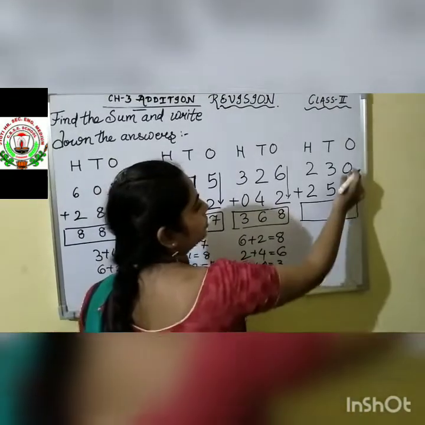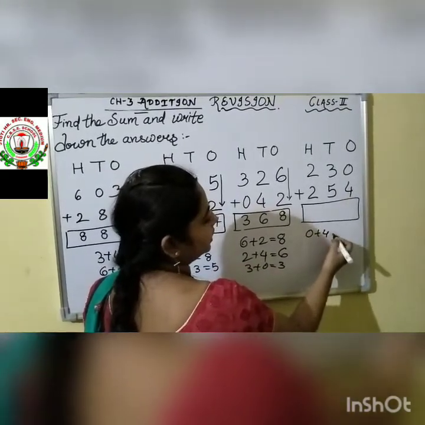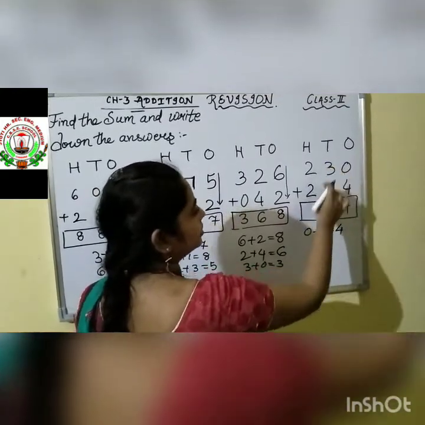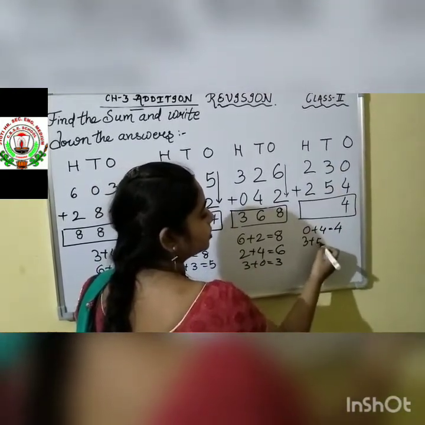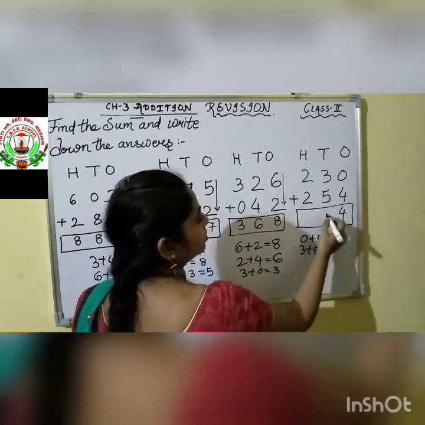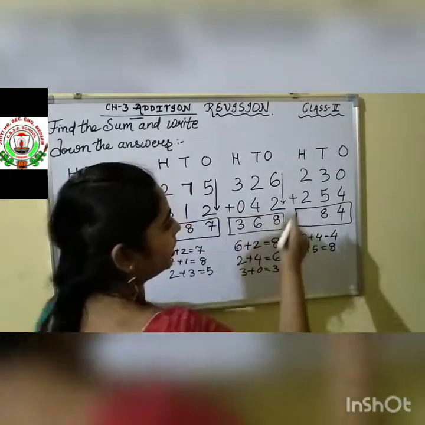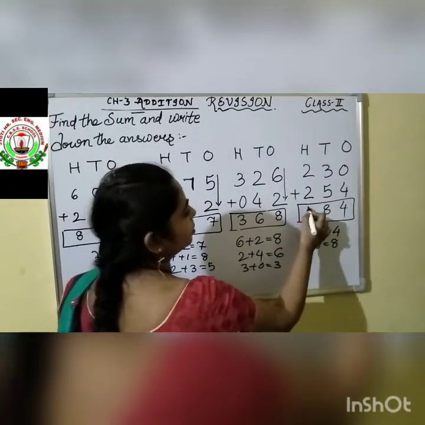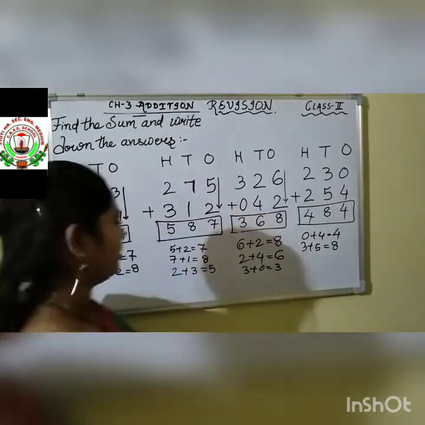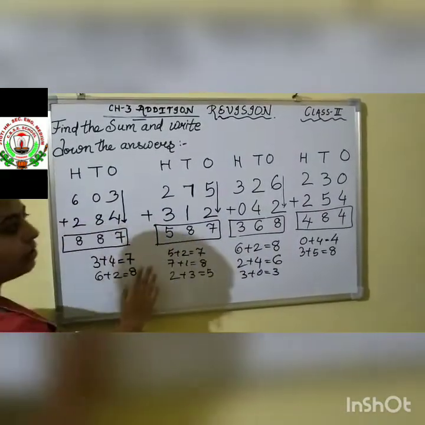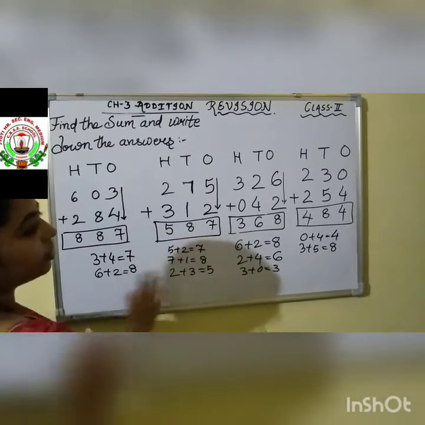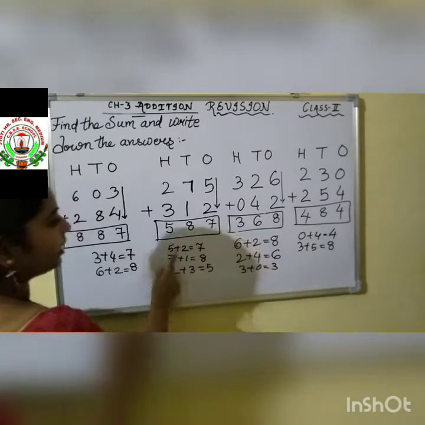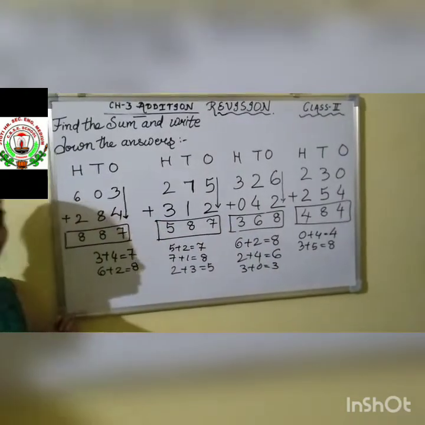Next question, 0 plus 4. That is very easy, children. Tell me, 4. Then tens place, 3 plus 5. That is also easy. Tell me, 8. So write it down here under the tens column. Then in the hundreds place we have 2 and 2. 2 and 2 becomes 4. So we will write 4 under the hundreds column like this. So children, we have seen 3 digit numbers with no carry. So it is very easy. We add simple numbers and then write down the answer like this.